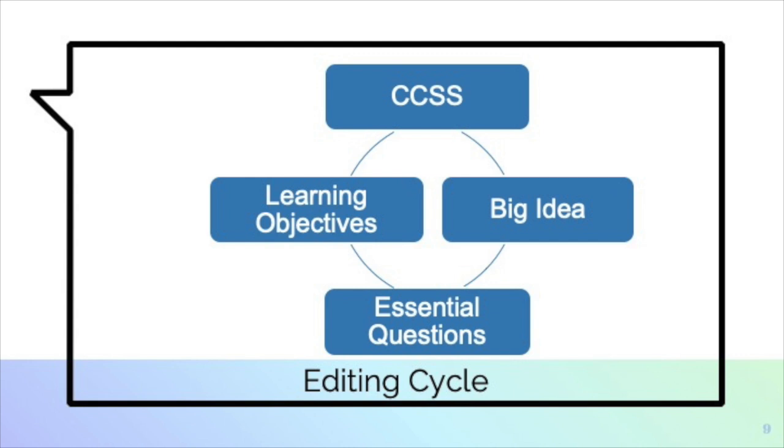This graphic illustrates my editing cycle. I first start out with the content standards. This is the Common Core State Standards. And from that, I develop my big idea. And from the big idea, my essential questions. And then from my essential questions, the learning objectives. But I find that it's not a linear kind of perspective. It's sort of circular, which you see here. I start with the content standards, I go to the big idea, and then I go to the essential questions,